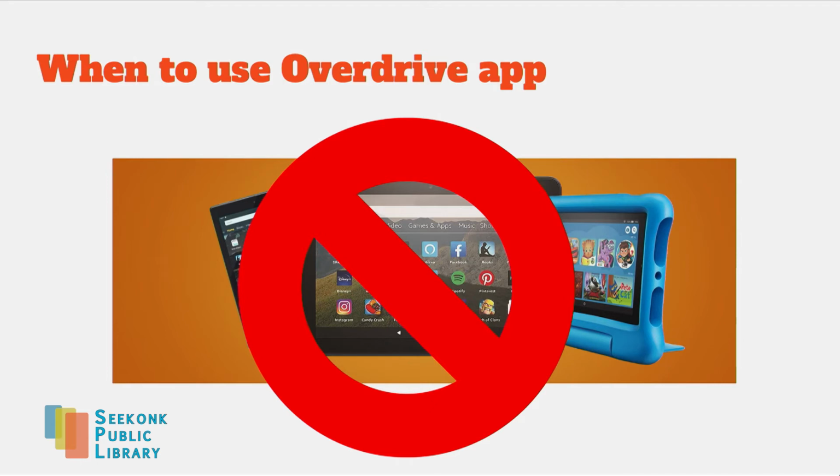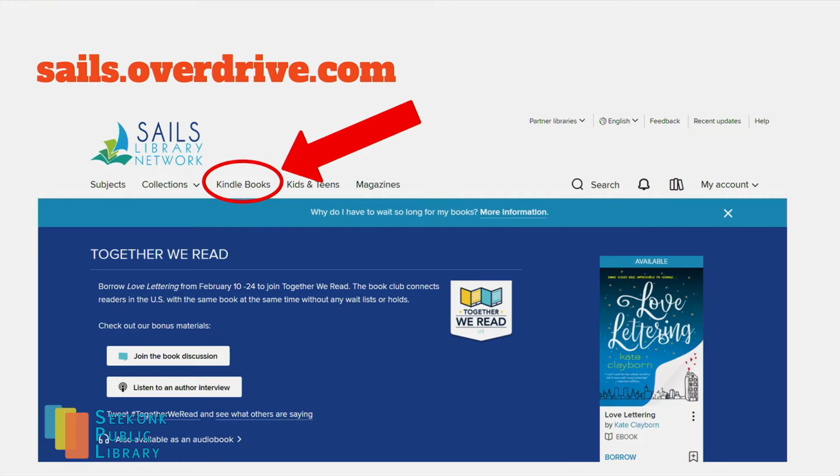get your books. So to sort of summarize all that, you will still find that there is an Overdrive app available from your app store, but you really don't want to use it, even if you have a Kindle Fire. If you are in the Kindle Fire, what I recommend that you do is you open the Amazon Silk web browser that comes with your device and go directly to the website